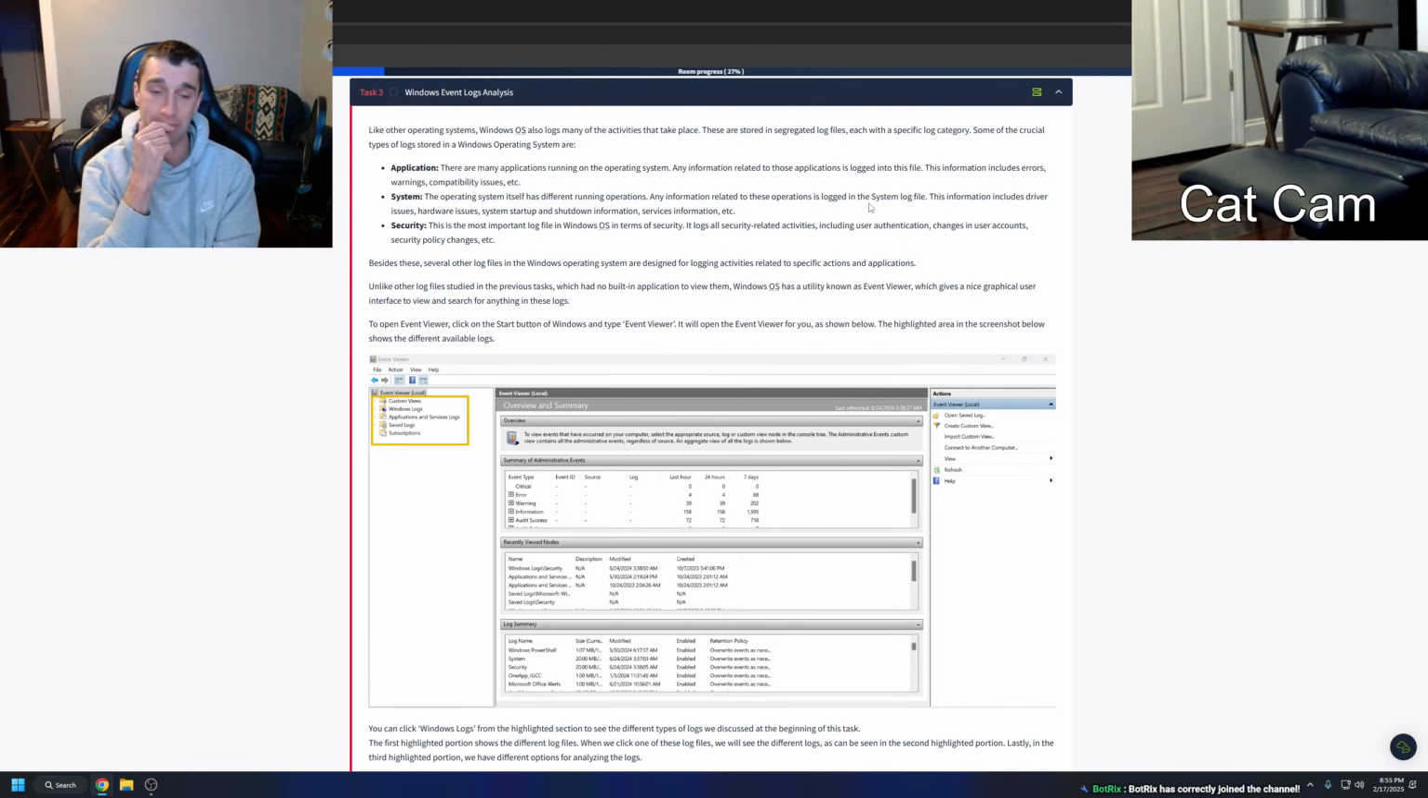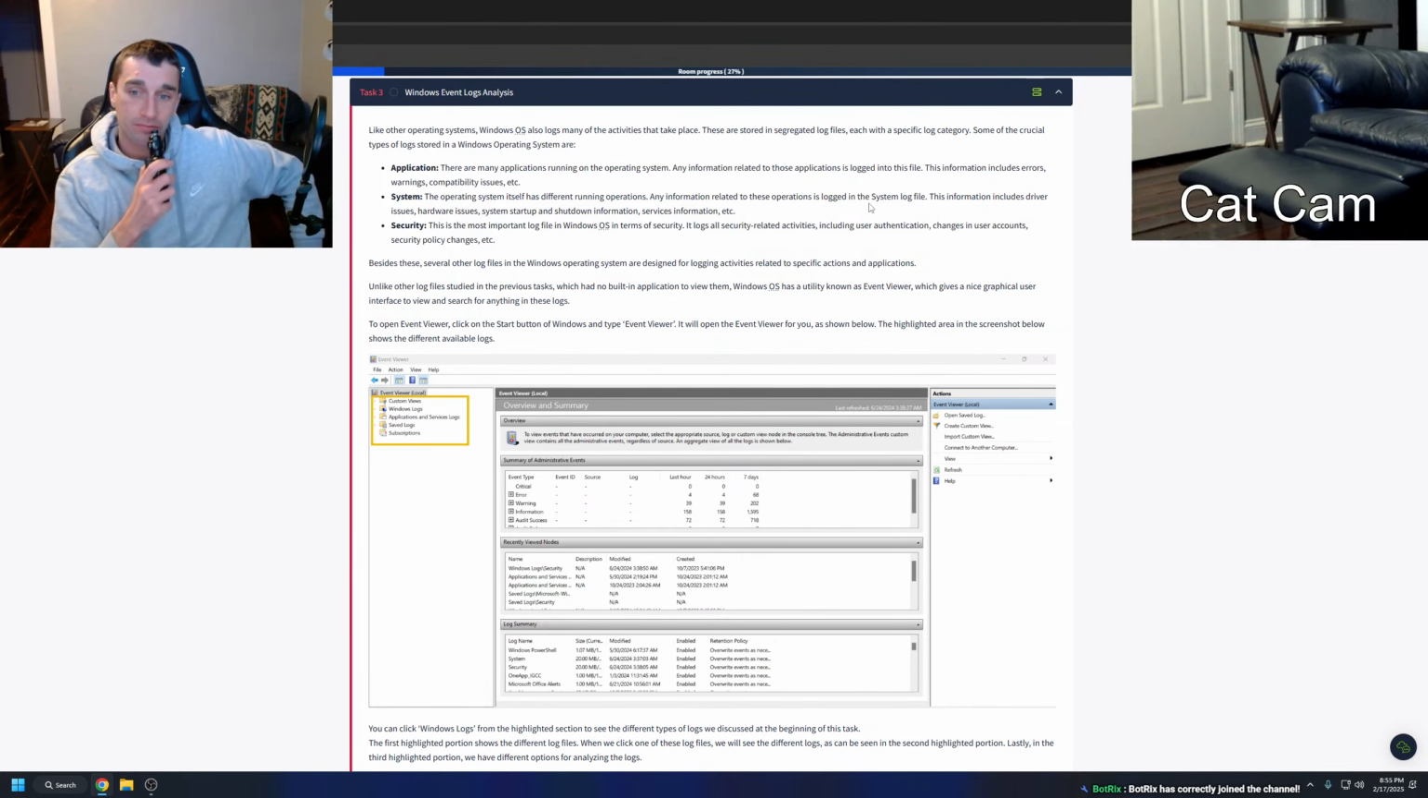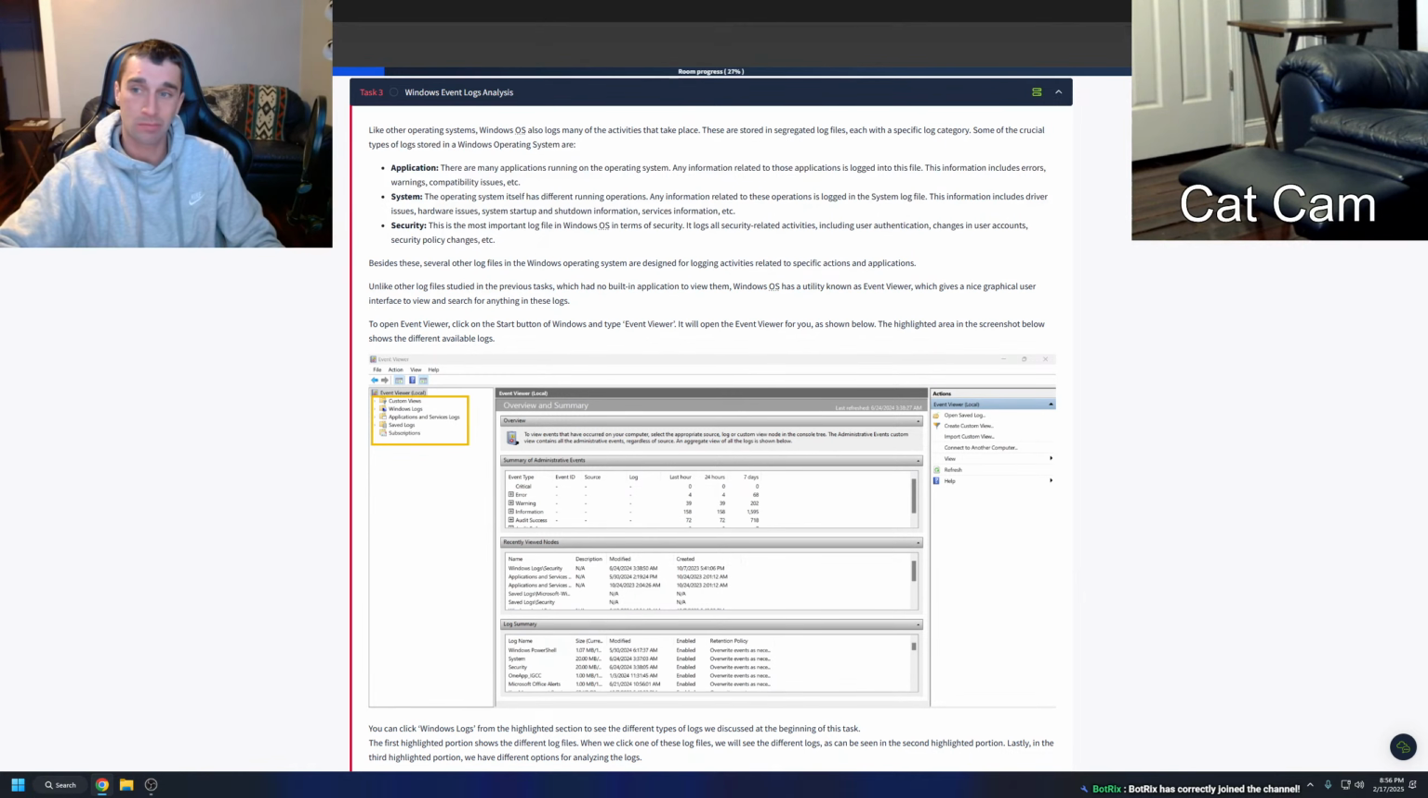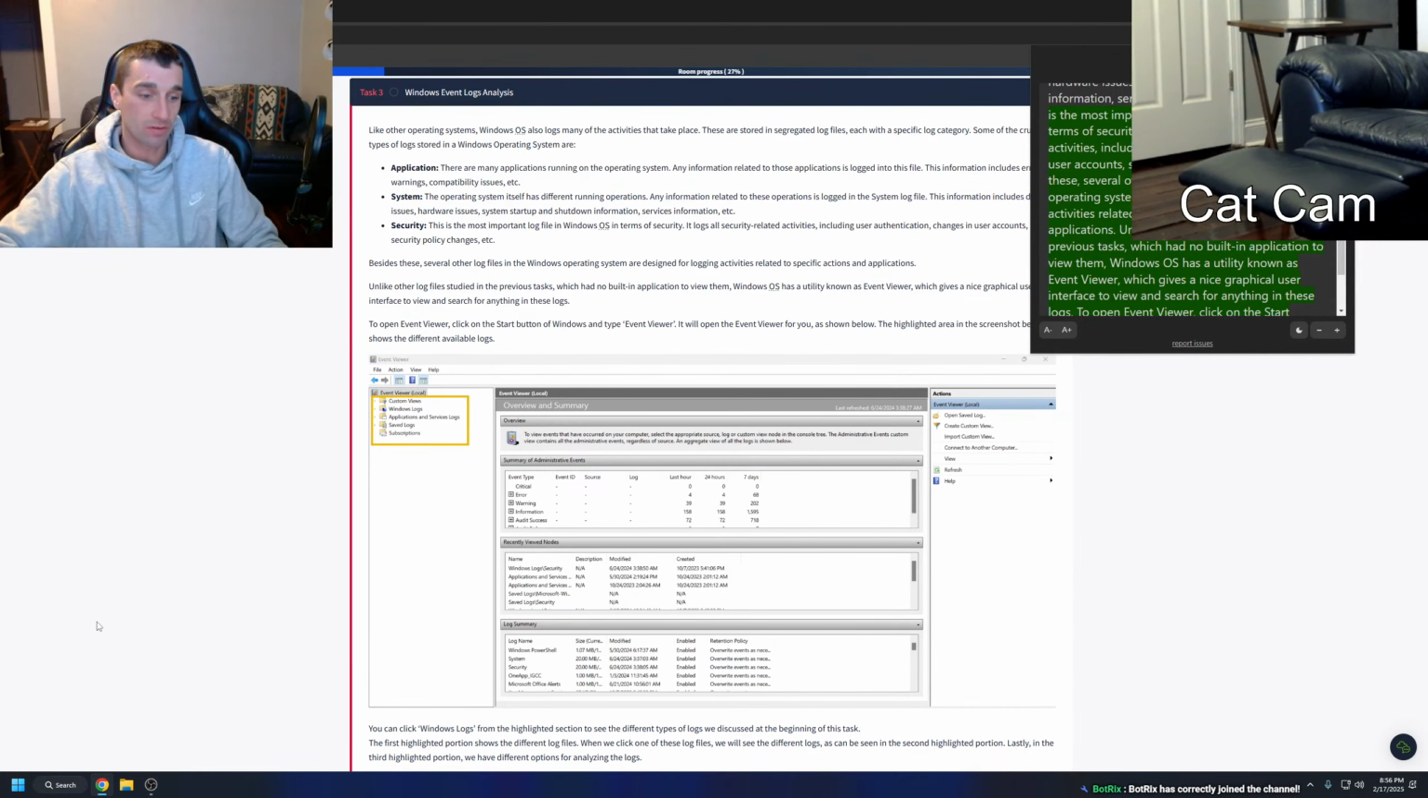System. The operating system itself has different running operations. Any information related to these operations is logged in the system log file. This information includes driver issues, hardware issues, system startup and shutdown information, services information, etc. Security. This is the most important log file in Windows OS in terms of security. It logs all security-related activities, including user authentication, changes in user accounts, security